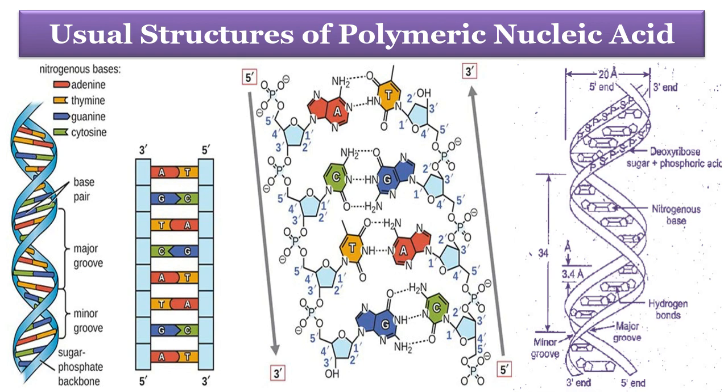Now let's see usual regular structure of polymeric deoxyribose nucleic acid. As per the Chargaff's rule of base pairing, purine always makes a hydrogen bond with pyrimidines present on the antiparallel strand and vice versa, where adenine and thymine form double hydrogen bond and cytosine and guanine form triple hydrogen bond. In nucleic acid strand, if it is terminating at hydroxyl group of the third carbon in the sugar ring, then it is known as 3' end, while other terminal is 5' end.